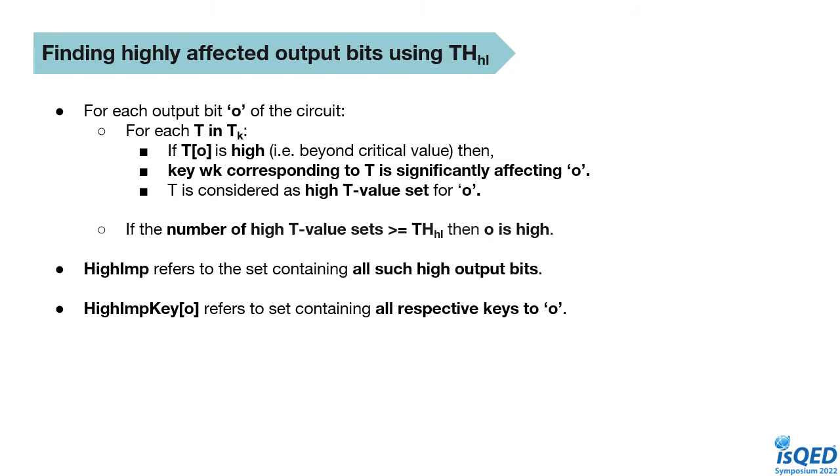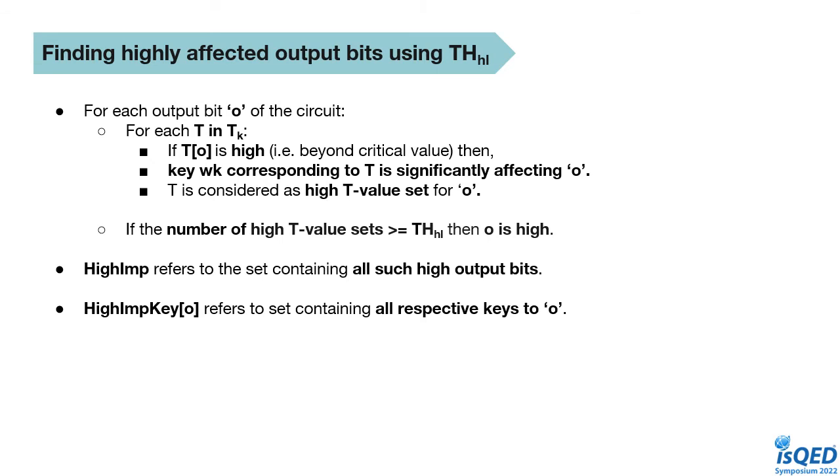for each T in Tk we stored for that O, we need to see whether the T value is high for that particular output bit or not. If yes, then key Wk corresponding to T is significantly affecting output bit O. So we say that T is a high T value set for that particular output bit O. Now, if the number of such high t-value sets is greater than the output probability threshold, then O is high, and all such high O are stored in a list, and also the keys respective to them are stored